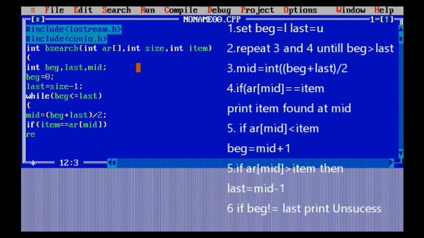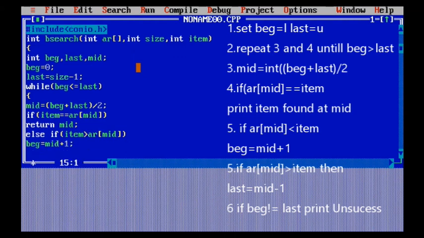For that algorithm, you can see on the right hand side that we set beginning equal to L and last equal to U. Now we are going to maintain this condition, beginning is less than or equal to last, and it will keep moving through the step mid equals int, checking the mid value based upon beginning plus last divided by 2.